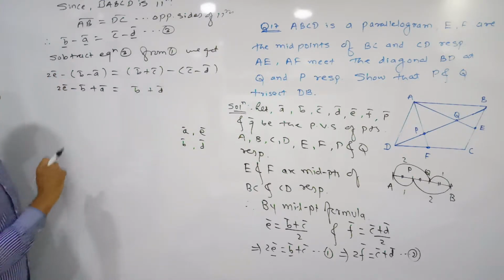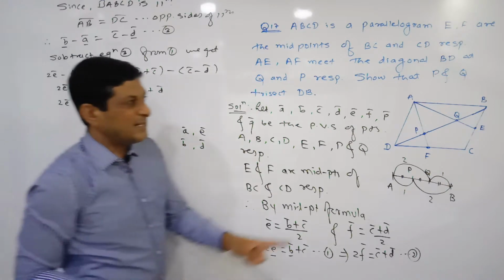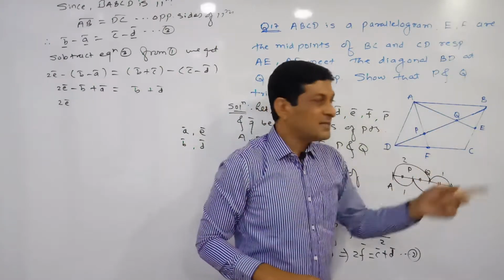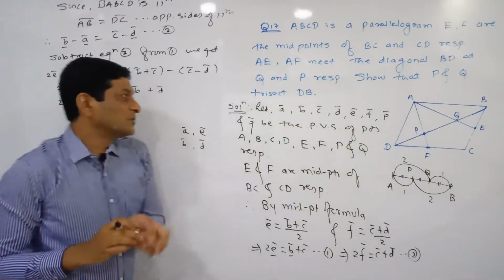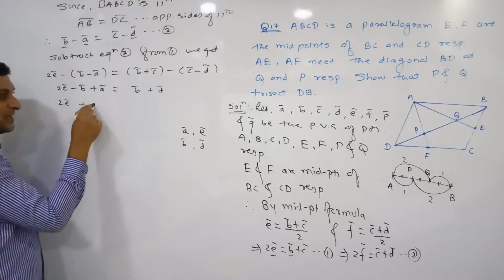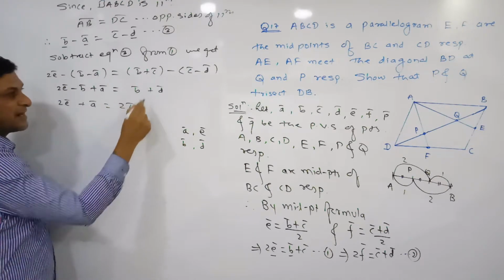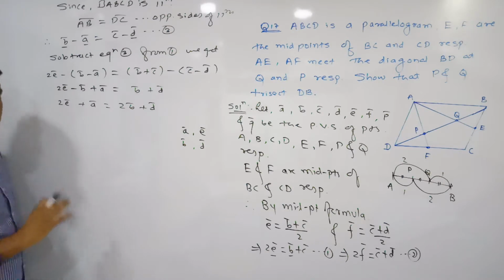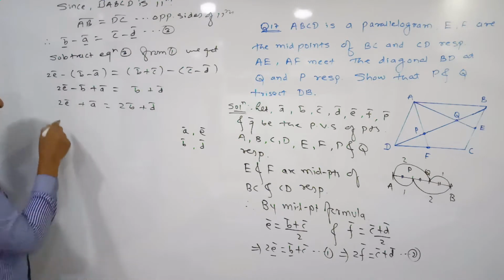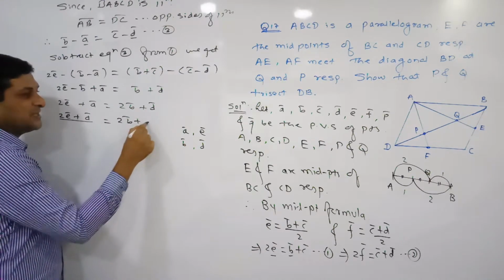Now minus B bar on this side will become plus B bar. So 2E bar, keep it as it is. One vector is AE bar, so on one side collect the terms of A bar and E bar, and on the other side collect the terms of B bar and D bar. Here 2E bar is already there, and A bar is already on the left hand side. Minus B bar on this side becomes plus B bar, and B bar plus B bar becomes 2B bar plus D bar. We have collected the terms of A bar, E bar on one side and B bar and D bar on the other side. Now we are dividing both sides by 3, so 2B bar plus D bar.